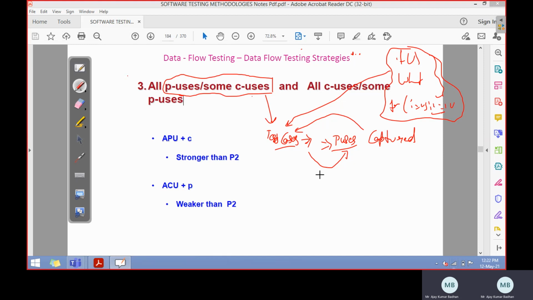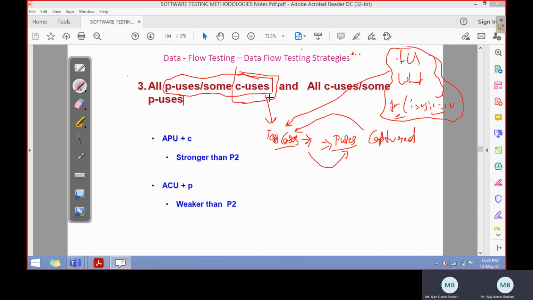But there is a probability that the test cases might not be able to capture all these conditional statements in a program. There might be some point where you miss selecting a particular conditional statement. So in that case, what it asks you to do is use some computational uses. Wherever you miss some of the conditional statements, no big deal.